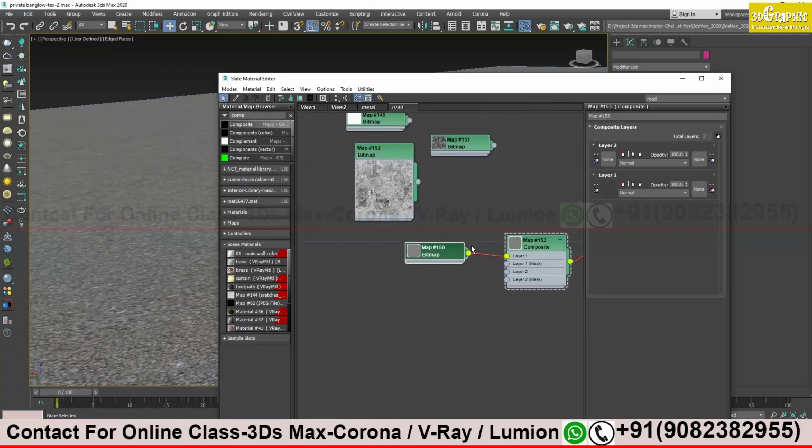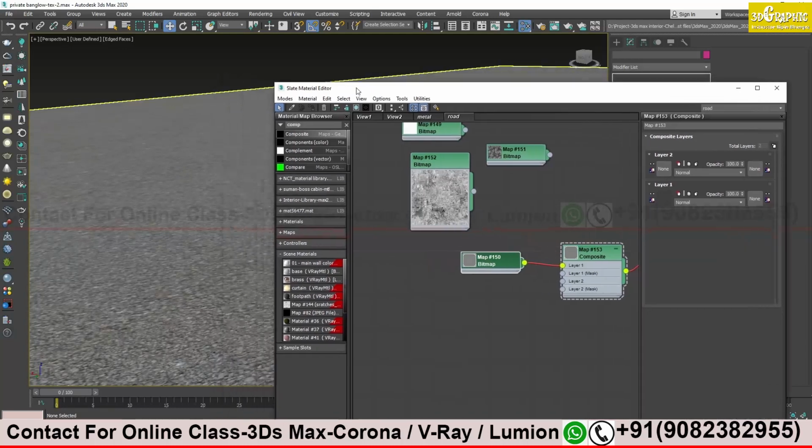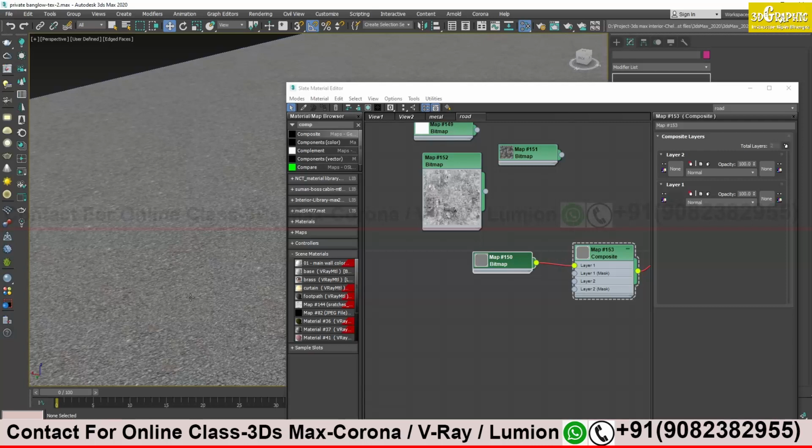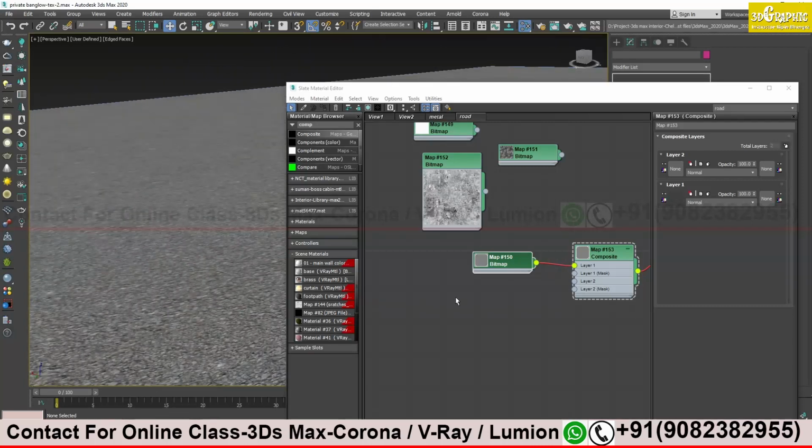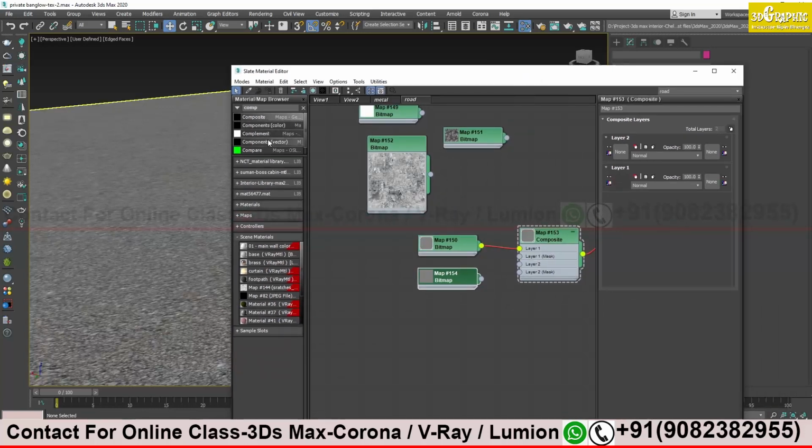Now I will start with a very basic thing. I will try to change the color of the grains over here a little bit. I will take a copy of it and apply this color correction. You can make it directly from here as well. I'm doing it this way, and I will apply it on layer 2. Wait, it's reading.